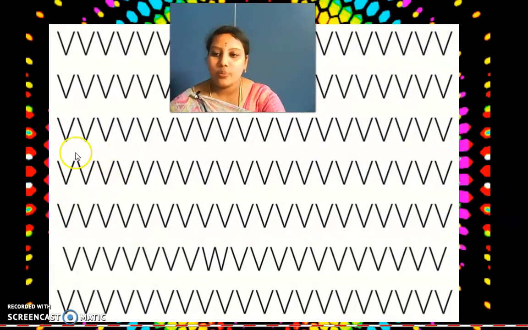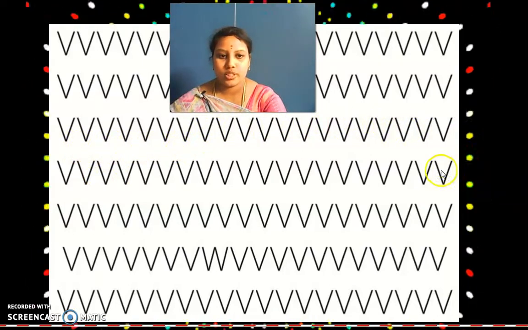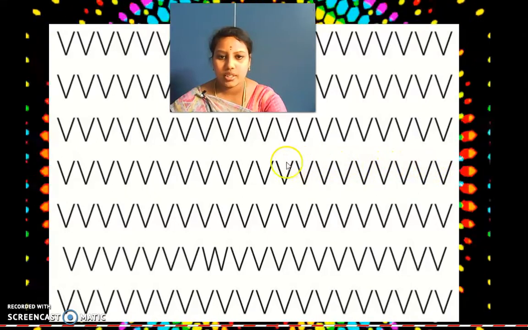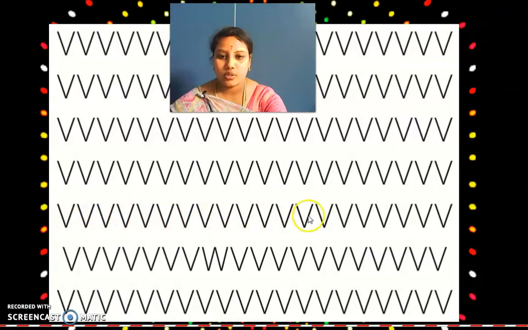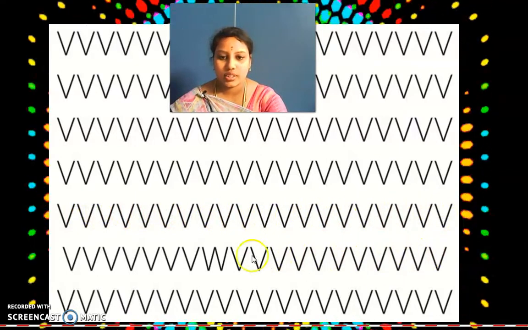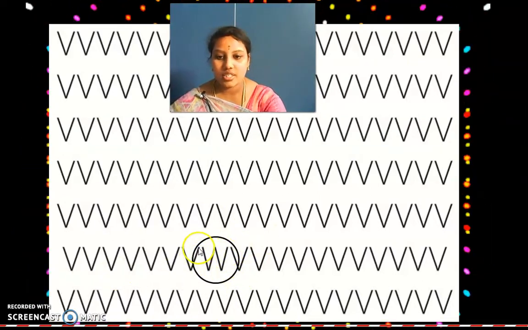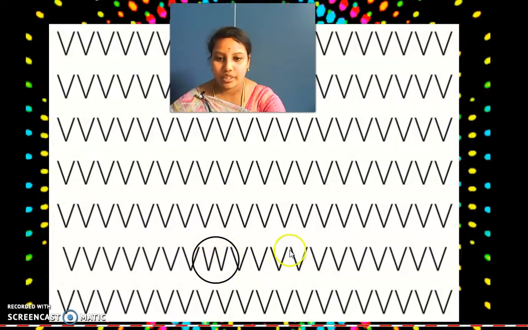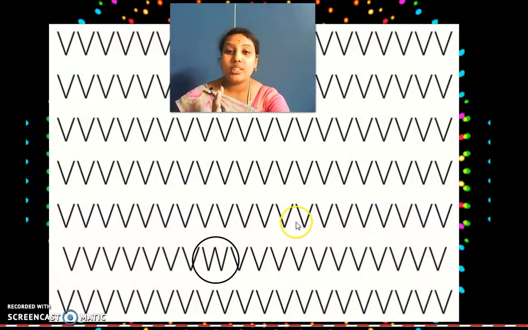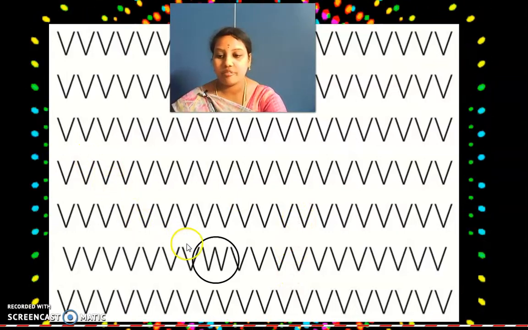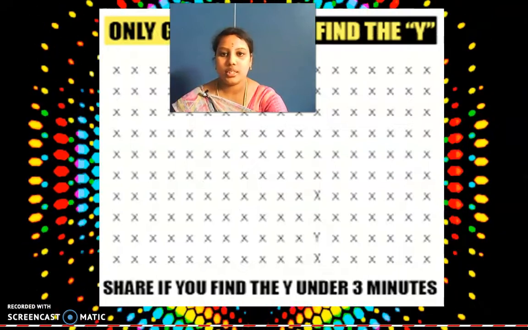See here. So now here we'll see from first. See here. No, in this image it is not there. Here, it is not there. Here also it is not there. See here. Correct. See the differences? Here W is there, but here it is not there. By looking at this picture, you will get to know that this is a W, but actually this is V. It is not W. Correct. Shall we move on to the next one?